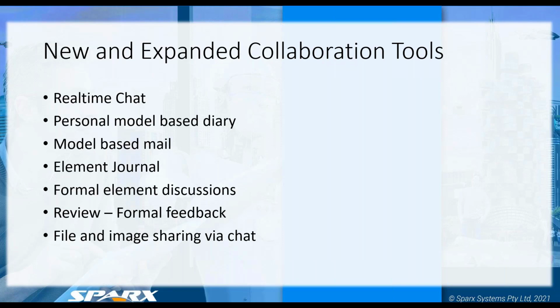We have element journals. So we have journals not just for a person, but for individual elements in Enterprise Architect. Every element inside EA can have a journal associated with it, as well as formal element discussions. So if there is a particular element that a team is working on, then a whole bunch of people can start a formal discussion on a single element and just work their way through that one. We have the formal reviews as well, which have been very invaluable for team-based work. And there's been a whole lot of enhancements to the review section for Enterprise Architect in version 16 as well.